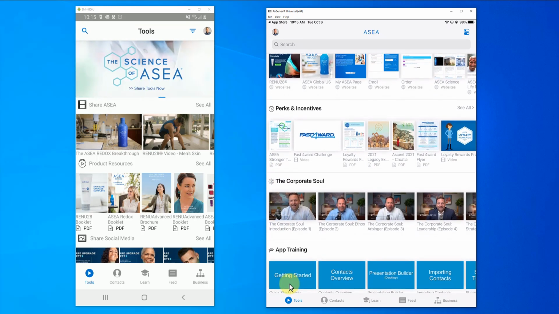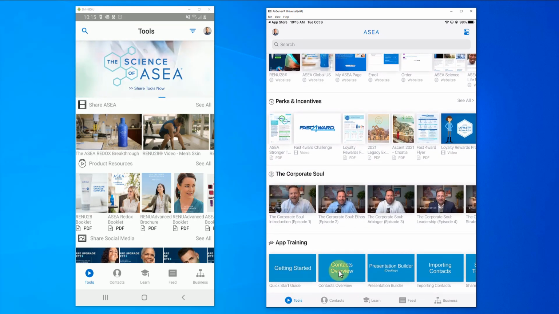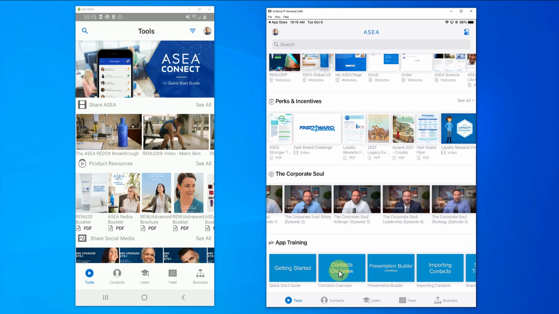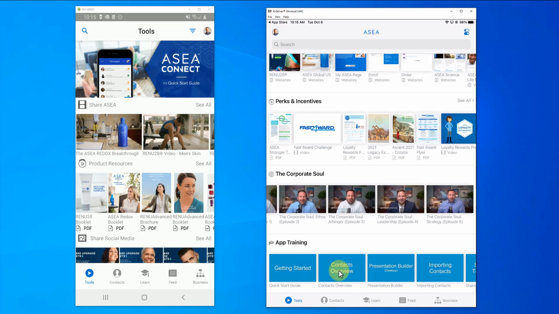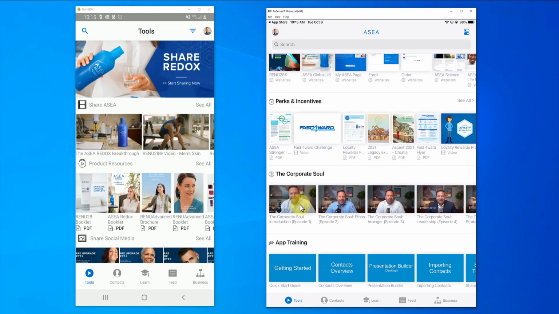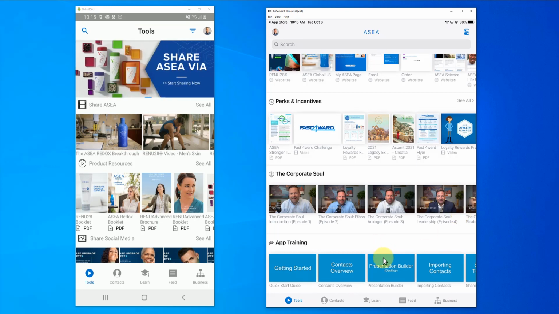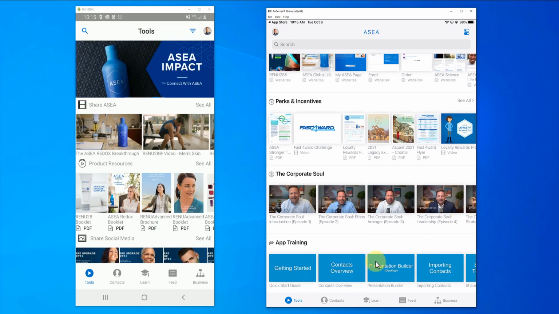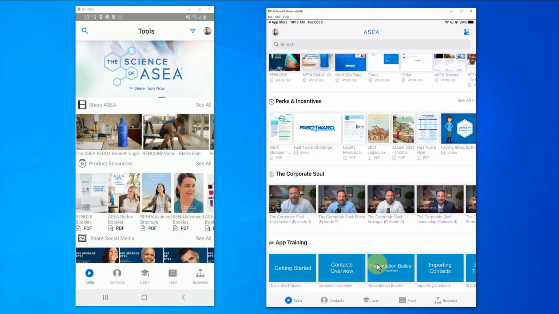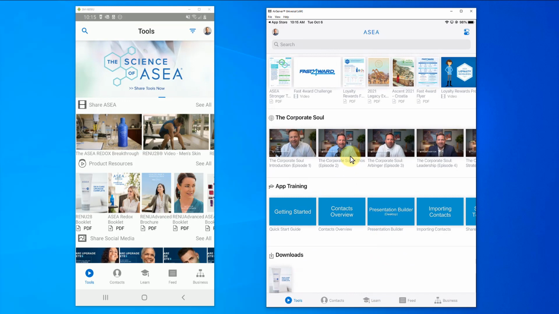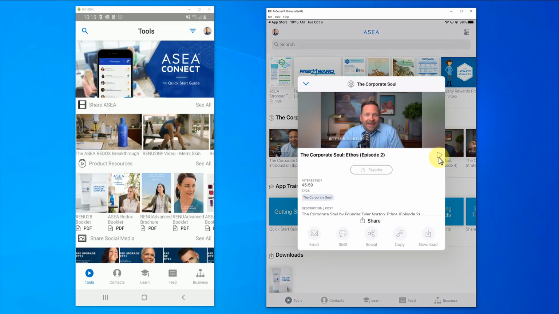Moving along, we have a new section here, the Corporate Soul. This is Tyler Norton's podcast series that he's going to be adding content to. In addition to having the videos added to this, we're going to be working on adding a podcast section to this app so that you will have audio access to these different podcasts as Tyler posts them, because I know a lot of people have been requesting that. Right now it is a straight video format, and you can see that by clicking on one of these videos and clicking on the play button here.